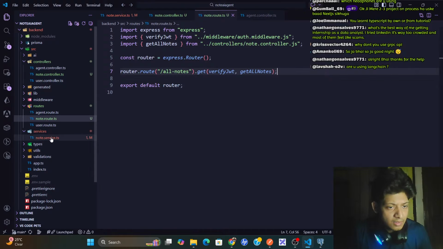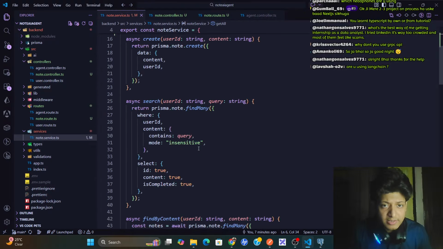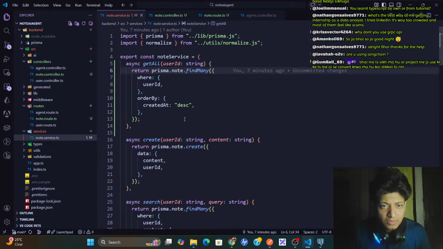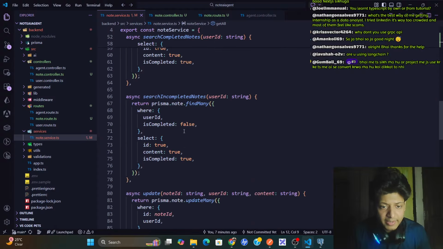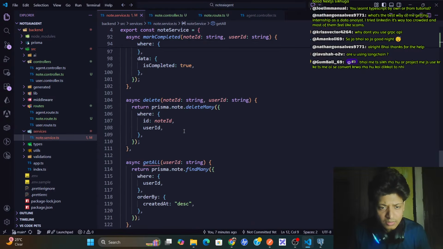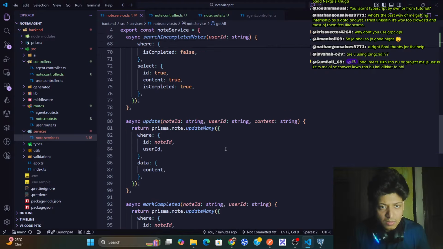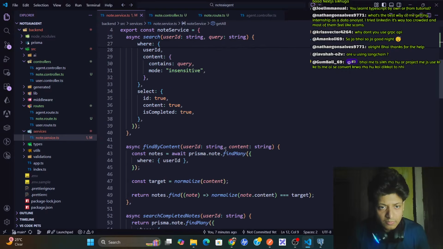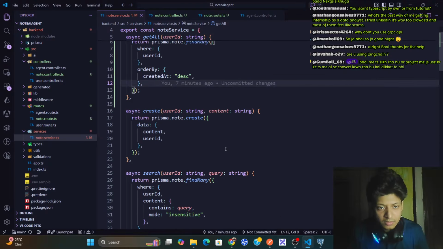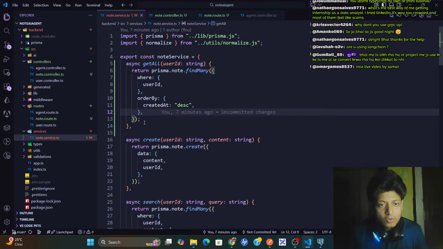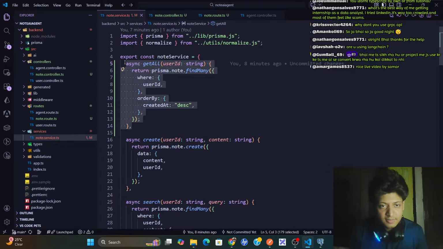And in my node service, why is there an error here? Hold on, where am I getting the error from? Get all. Okay, fine. Get all. Okay, I have already created this. Get all.